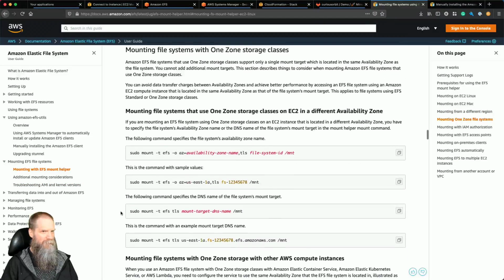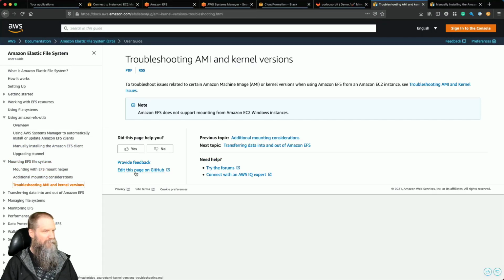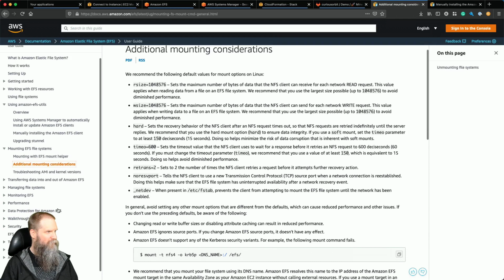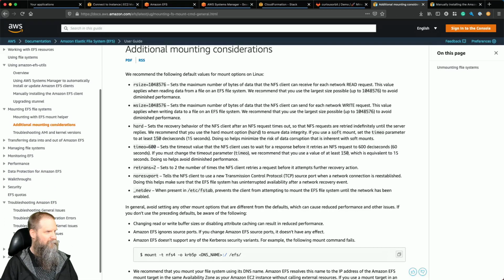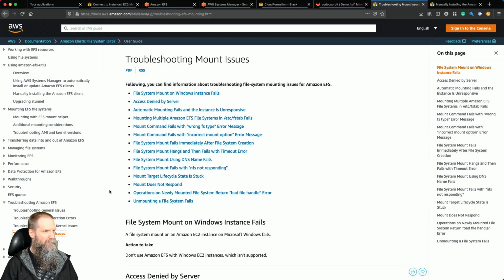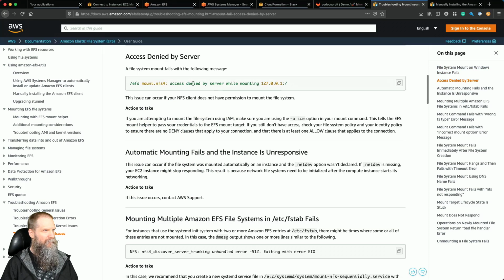Troubleshooting. These are all just different mount commands. So let's go here. Okay. Let's look at this troubleshooting. This is what we're getting, right? This issue can occur if NFS does not have permissions to mount the file system. If you're attempting to mount file system using IAM, which we're not, right? We're just mounting it off the file system. Use the -o. This tells EFS mount helper to pass your credentials to the mount target. If you still don't have access, check your file system policy and identity policy to ensure there are no deny